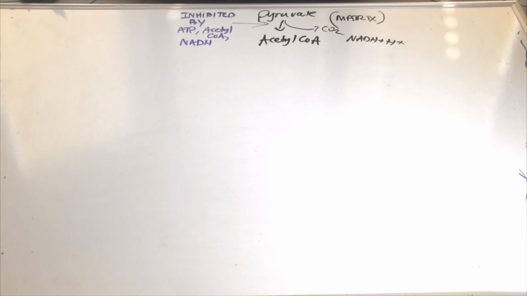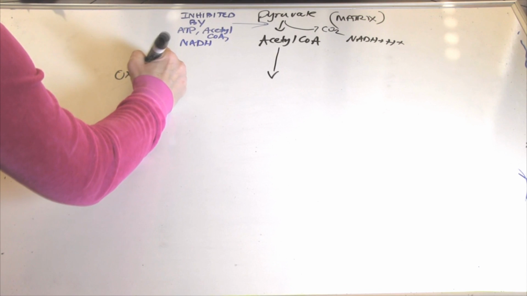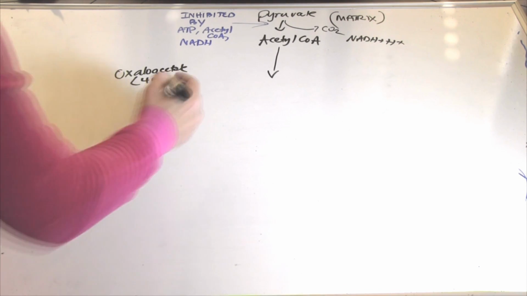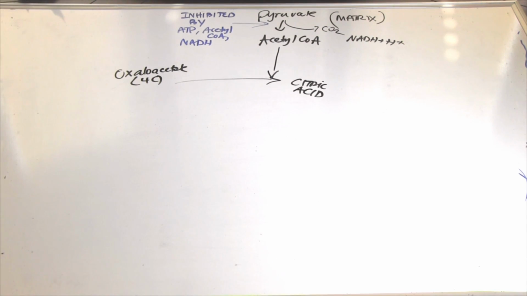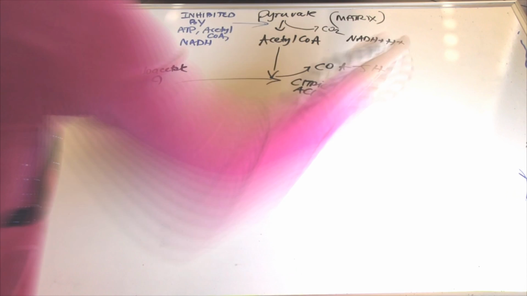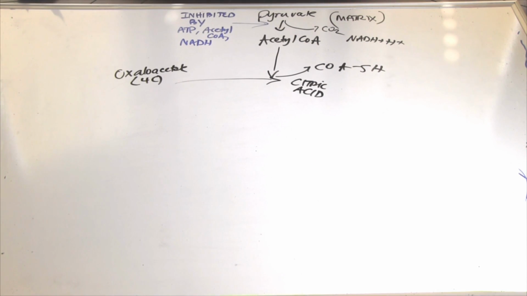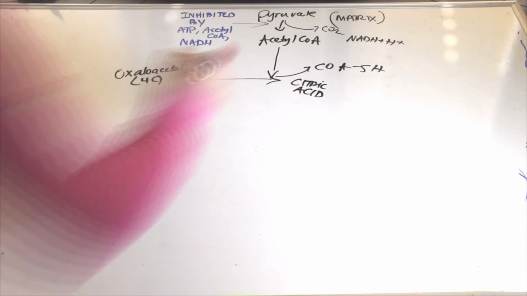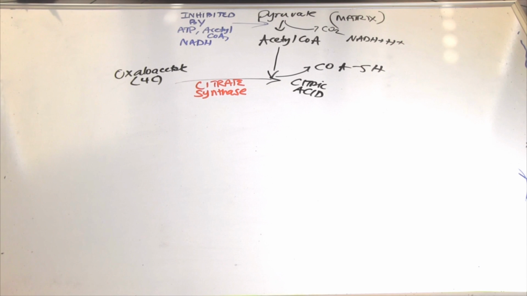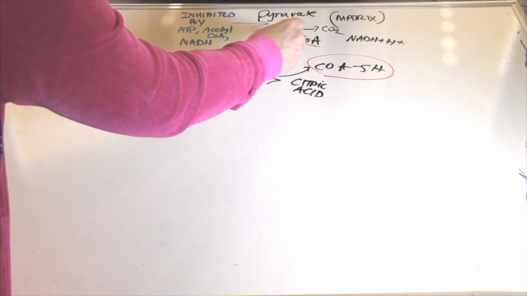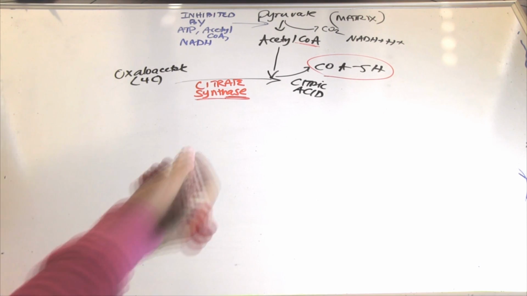So acetyl-CoA will enter the cycle, and what we're going to bond with is a 4-carbon oxaloacetate. We're going to form citric acid, and acetyl-CoA will go away. We lose acetyl-CoA. The enzyme is citrate synthase, and a synthase gets its energy from another source without having to break a phosphate anhydride bond. It doesn't use ATP to build something. So this is going to actually be using the thioester bond from this guy. When we break off the coenzyme A from the acetyl group, we're going to use that energy, and this is highly exergonic,